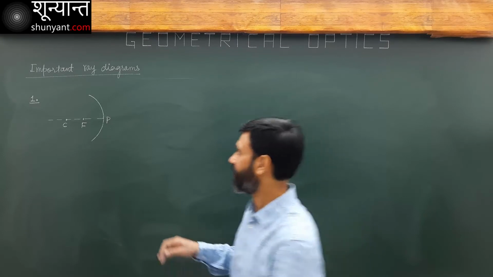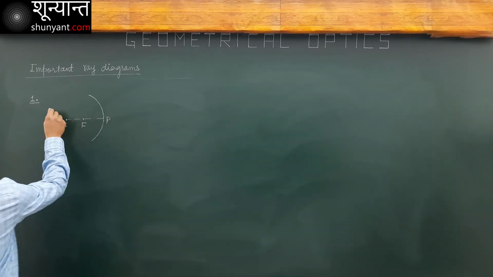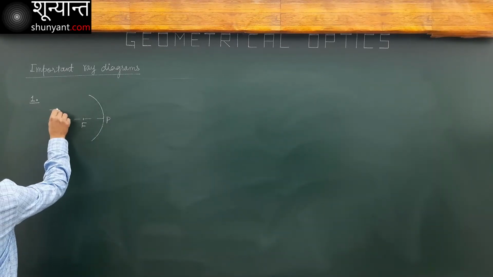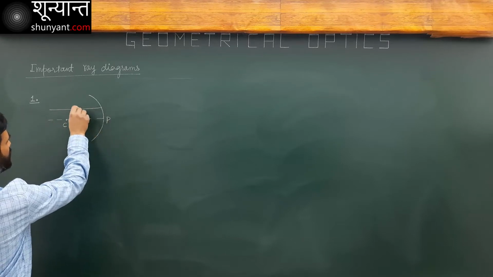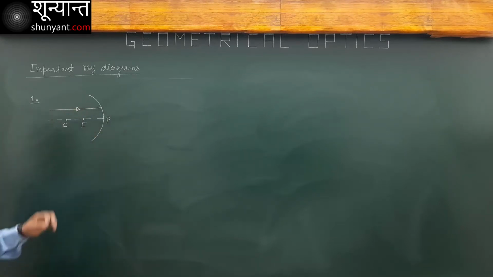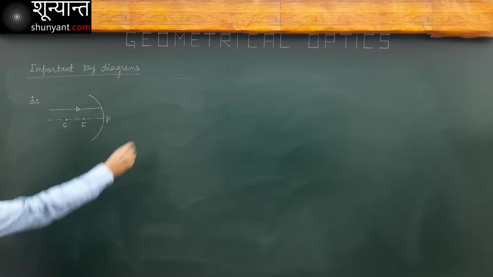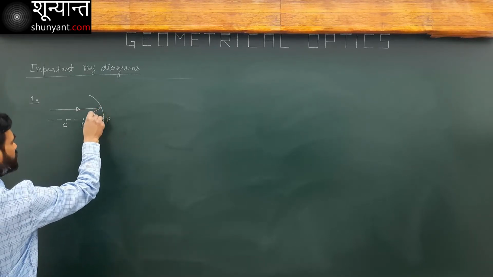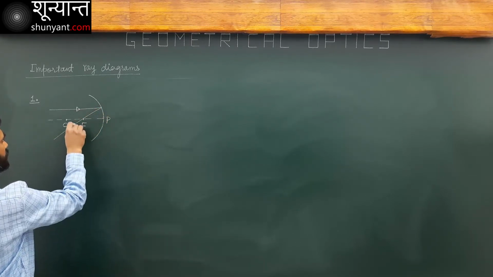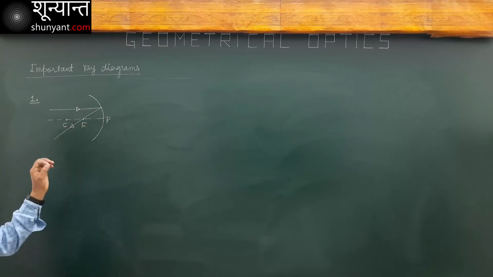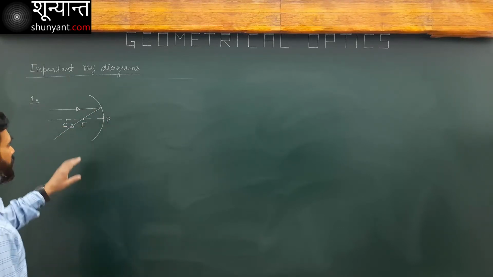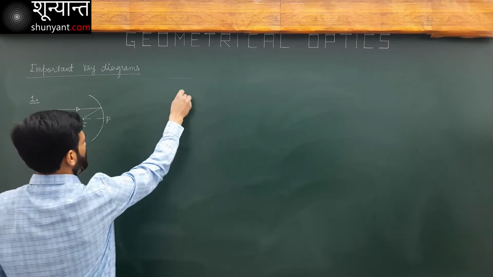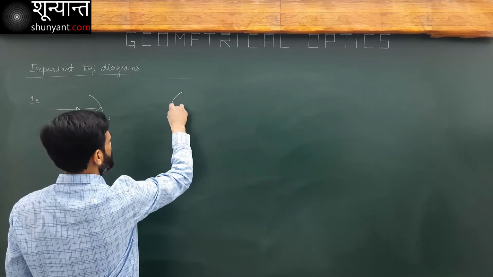So if I have a light ray which is moving parallel to this principal axis, what is going to happen after reflection? It is going to pass through the focus. This becomes one very important ray diagram. Now, the corresponding thing for